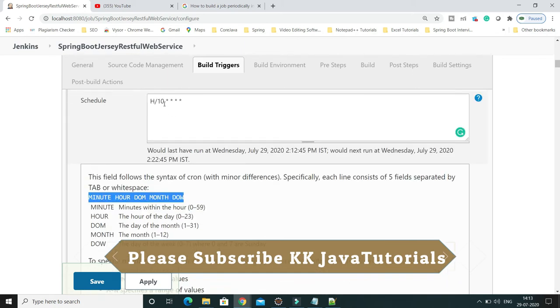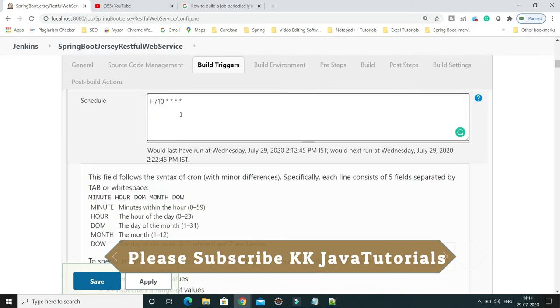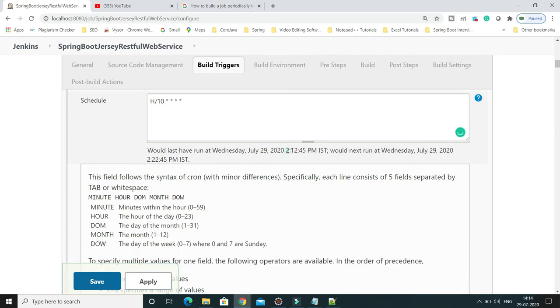If you click outside, you can see it says it would last have run on Wednesday at 2:12, and if you add 10 minutes, it's going to be 2:22. So after 10 minutes, this job is going to run again.